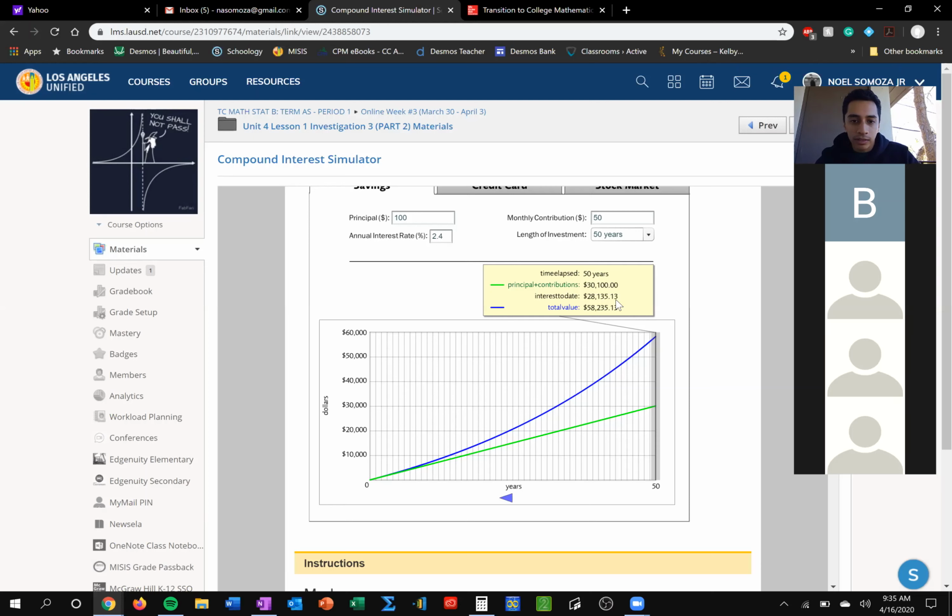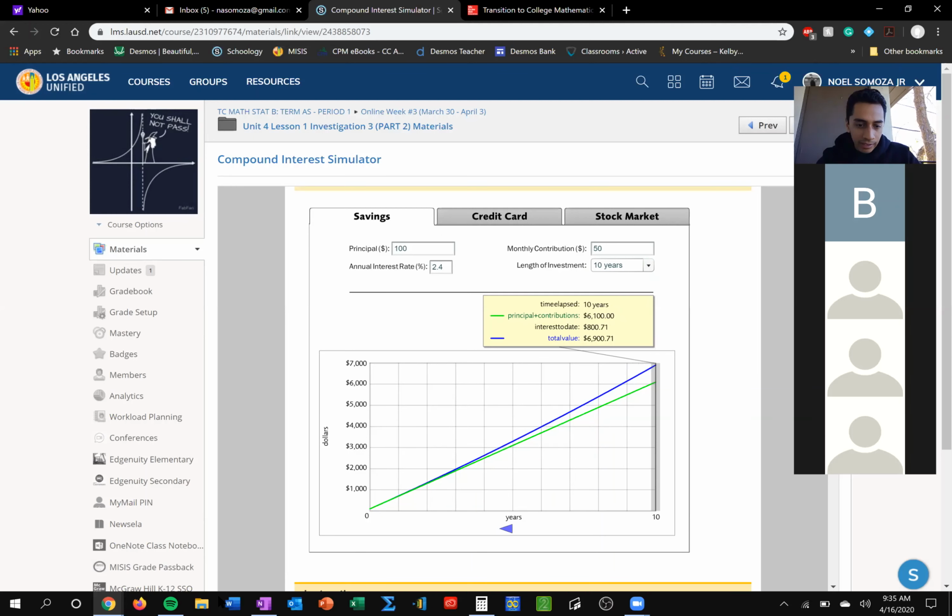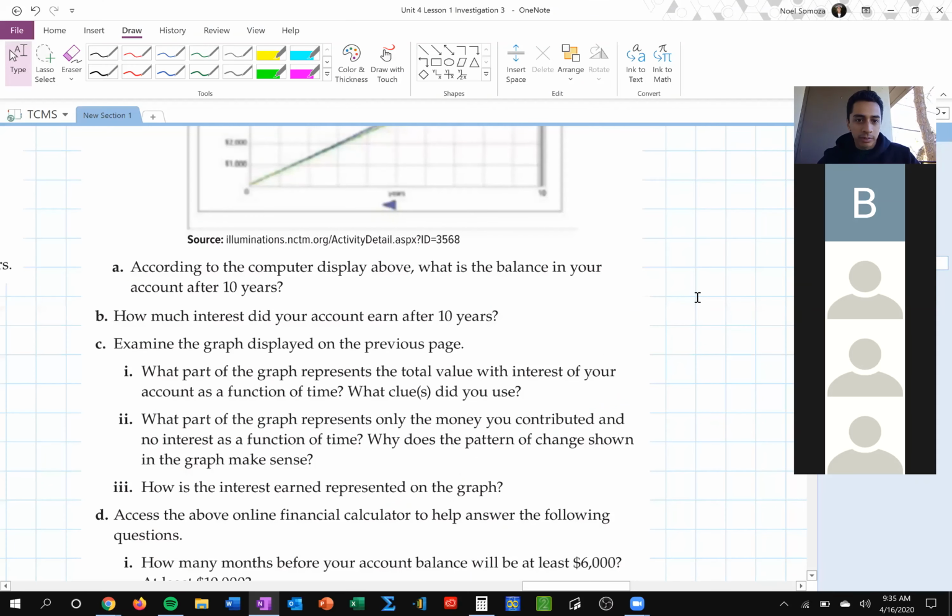All right. So this is a nice little way in which we can keep track of all of this. Okay. So let's go back to the 10 years and answer some of these questions below. According to the computer display, what was the balance in the account after the 10 years? Well, the balance was